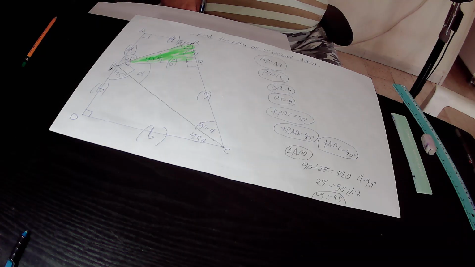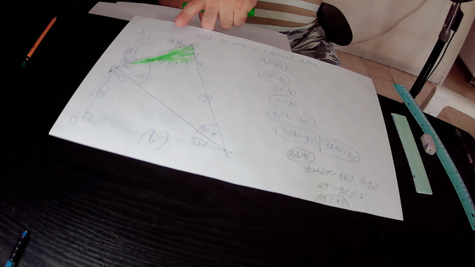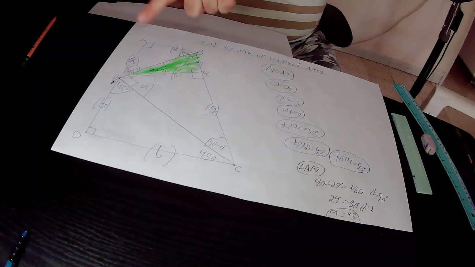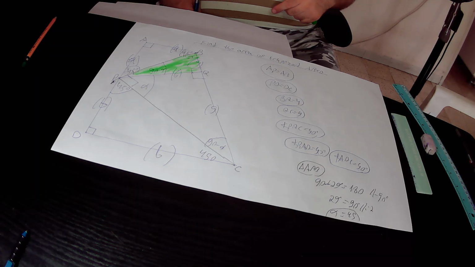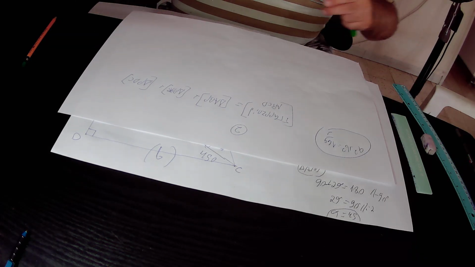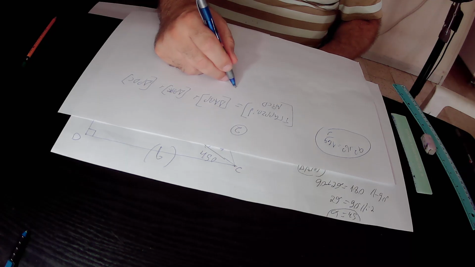What is the area of this small triangle ABP? It is a right triangle. The area of any triangle equals the base times the height over 2. The base is AB, that is A. The height is AP, that is also A. So it is A times A over 2, which is A squared over 2. So the area of the small triangle ABP equals A squared over 2